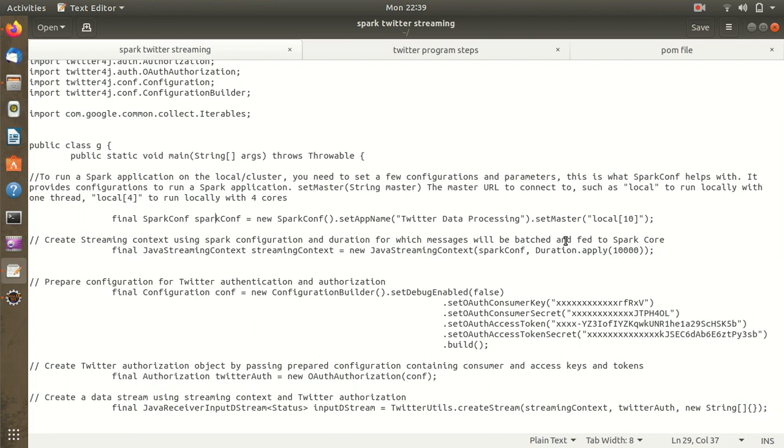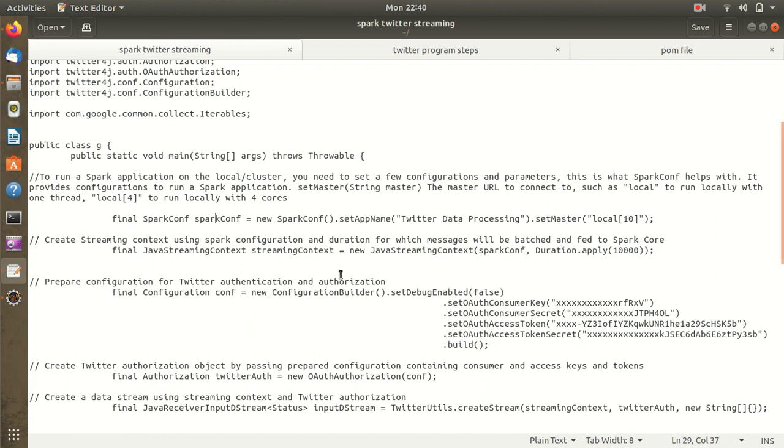How much time do you want to form one batch? As I've told you, Apache Spark is near real-time streaming. It actually makes smaller batches, called micro batching. So we need to specify the time until which the batch will be formed and then sent in one go. Data will not be sent continuously, as in the case of Flink, which is a true streaming framework, or in the case of Storm. In the case of Spark, it will be forming the batches.